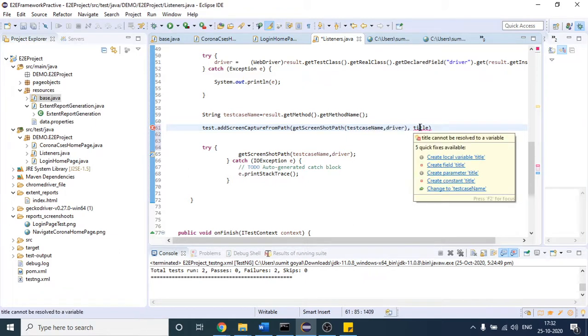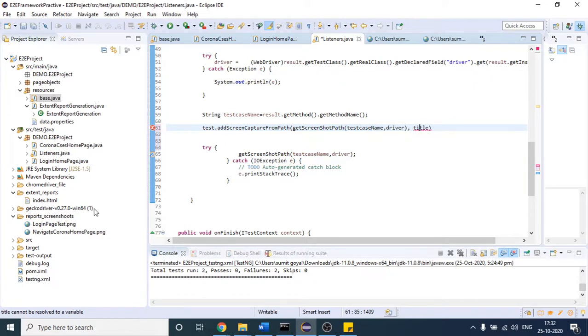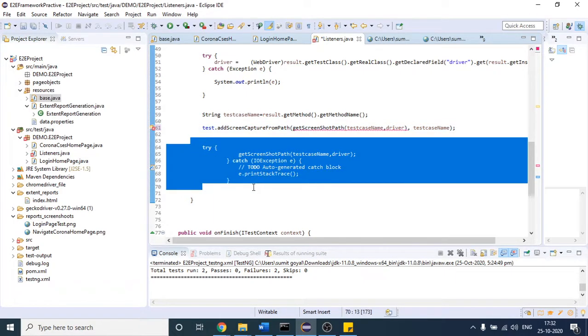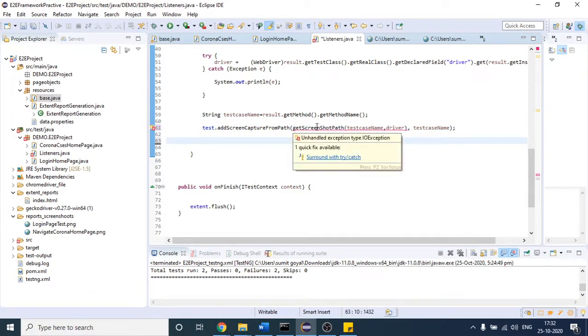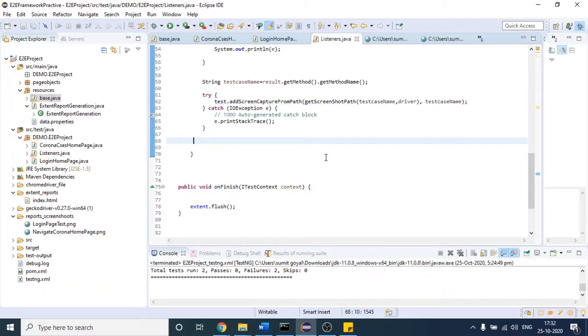Whenever you take the screenshot, earlier we were giving the name like that. Again, whatever the file, I want to have the test case name on my file so that I will be able to identify it. I'm again getting the test case name from this line. So just place this, and if I paste it, you will get one error regarding try catch maybe. Let me remove this code, it is not required anymore. If I surround with try catch and save it, that's it, we have to do.